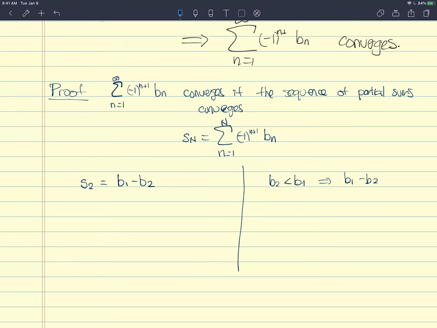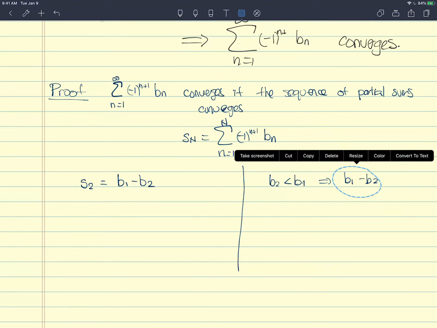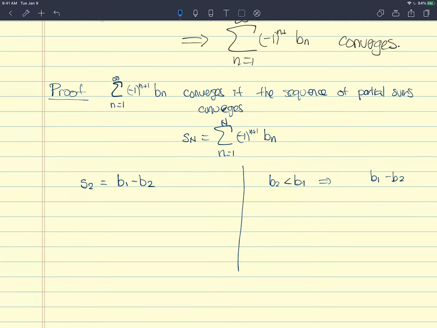It doesn't fit here. Let me move it over here. So this is positive. Okay, so I have it more than 0. Here I have it backwards, so this is positive, so I'm going to put it like that. Okay, now